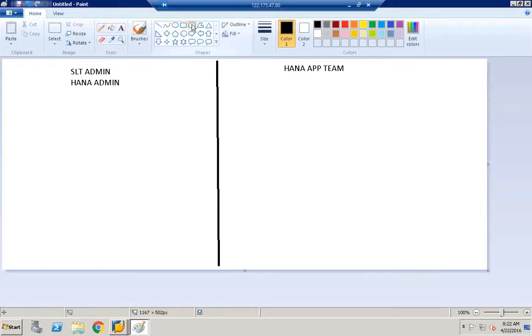So the knowledge about admin is useful for an application consultant. The reason is, whenever we try to do troubleshooting from end-to-end systems, in order to pinpoint what is the exact issue, or in order to do root cause analysis, SLT admin related topics will be very useful in real world,